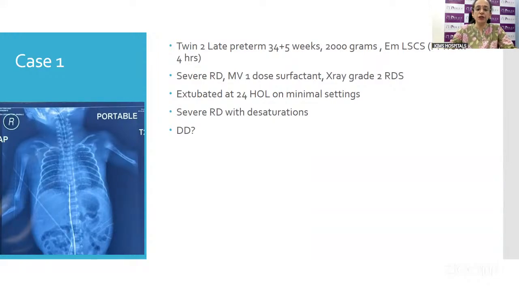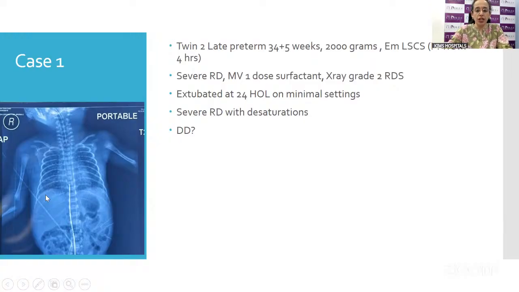So this is a twin to late preterm baby who was born by emergency LSCS in view of PPROM in the mother. The baby's birth weight is around 2000 grams. Baby had severe respiratory distress soon after birth, so needing mechanical ventilation. And X-ray was done, which was suggestive of